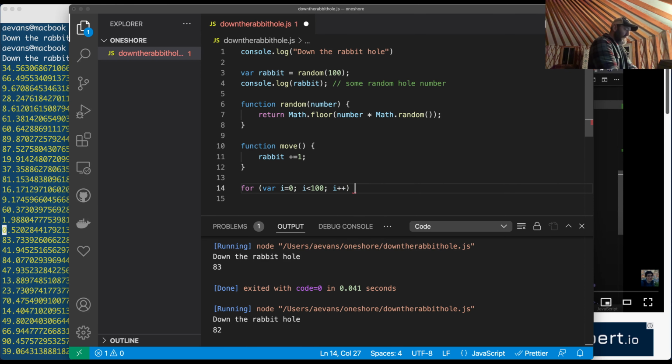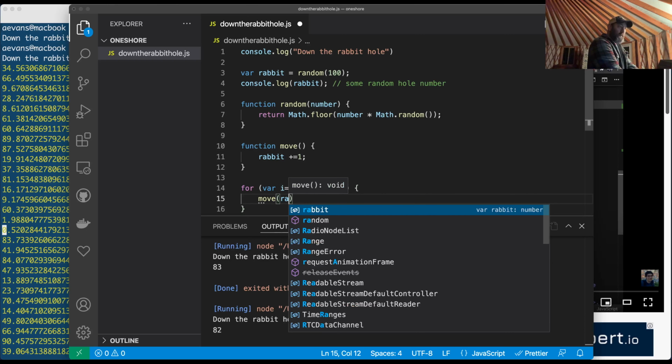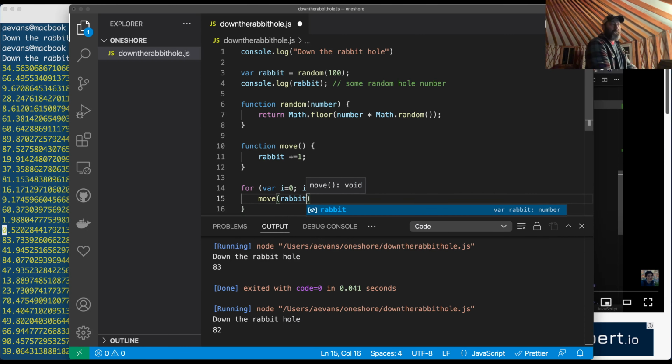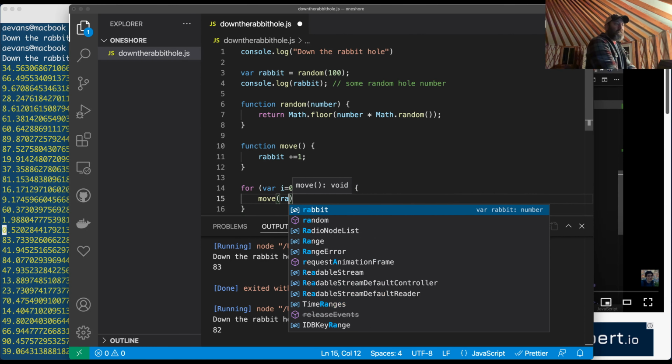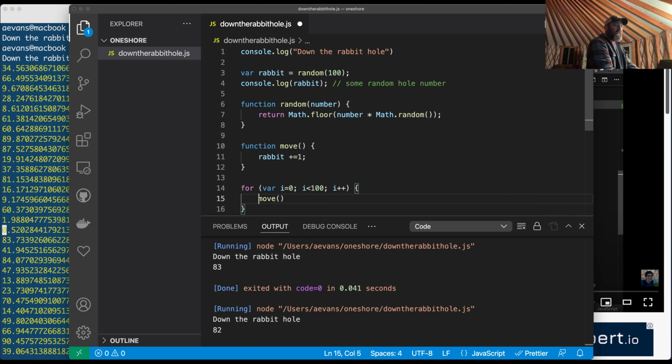We don't actually need to do 100 of these. What I want to do is move rabbit, I'm just going to move, right? What I could do is say rabbit equals move rabbit, and then